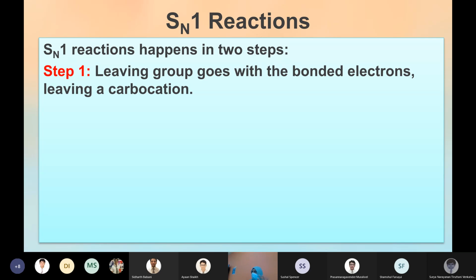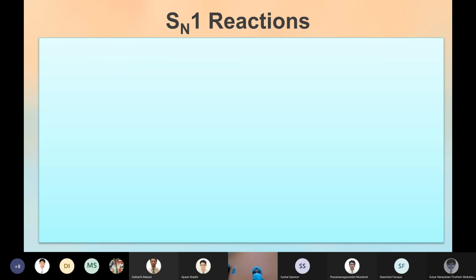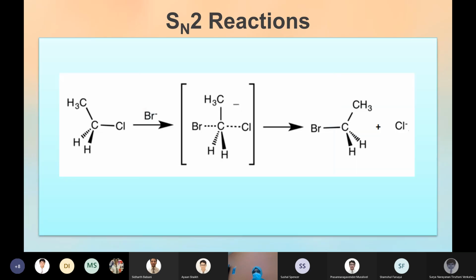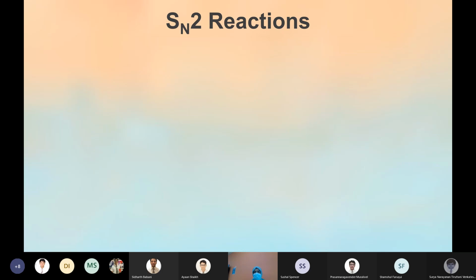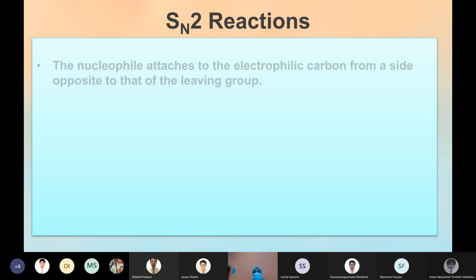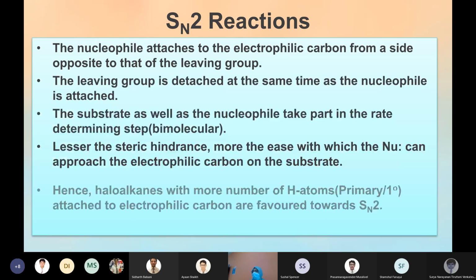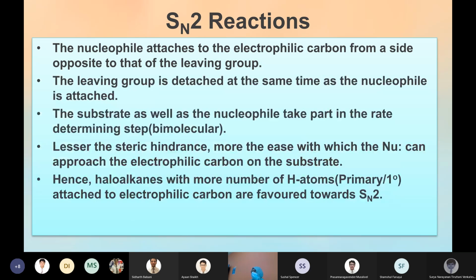Yeah. So for SN2 we discussed the mechanism. This was SN2 that we discussed, right? And we discussed all these points one by one. Inversion of configuration. And we discussed why primary, secondary and tertiary, if you have three different compounds, primary will easily undergo SN2 because of the less bulky groups, that is less steric hindrance.